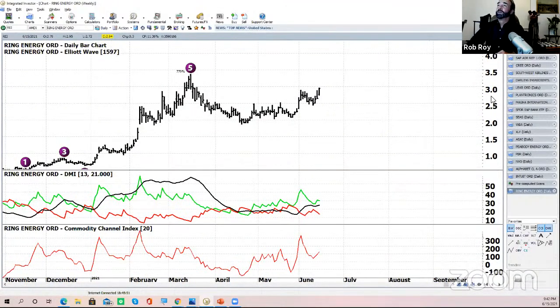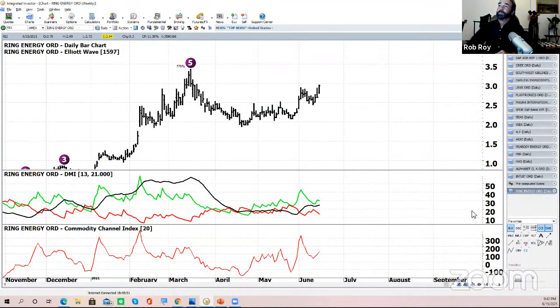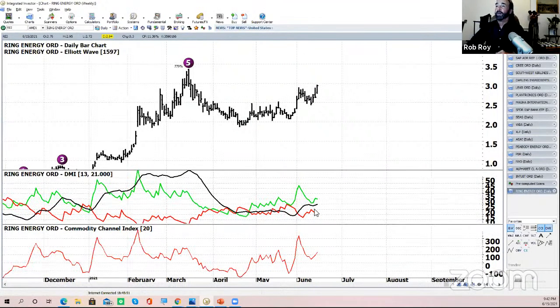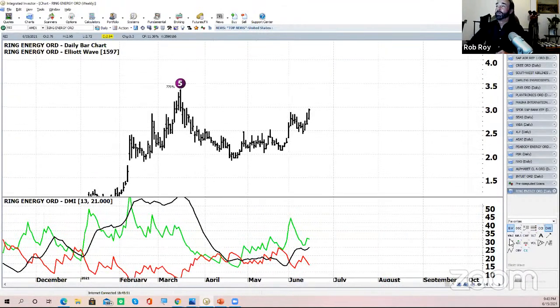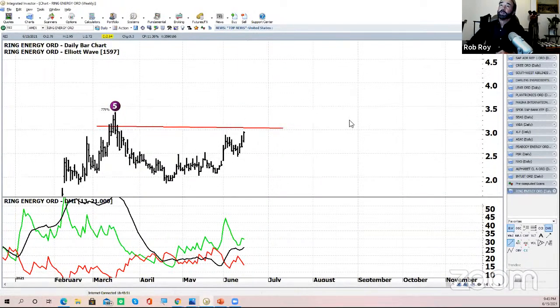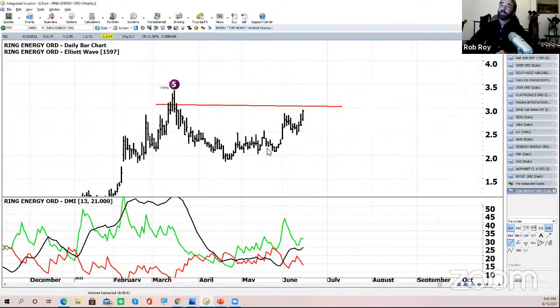Ring Energy, talked about this one in the past. That actually doesn't look bad. The DMI is setting up to be pretty supportive. The CCI is really moving to the upside there. The issue that we would have here is that there's resistance right here. So we need it to break above that. The DMI is telling you there's plenty of momentum here. It could break above that and run further if it wanted to, but we need to see, look at that